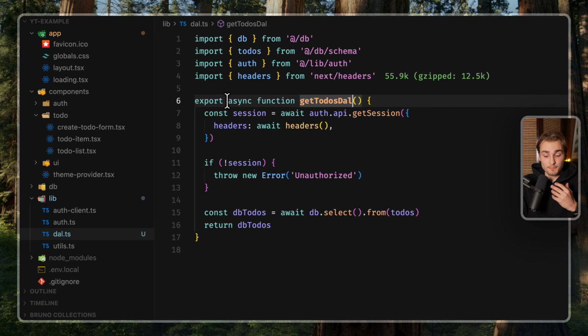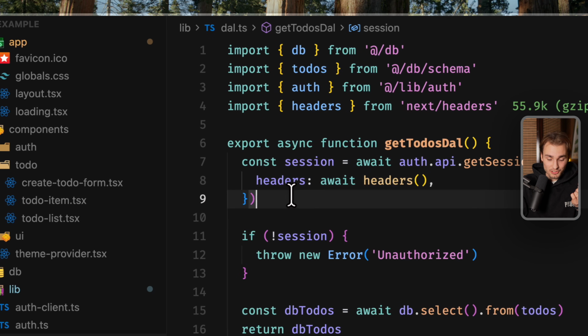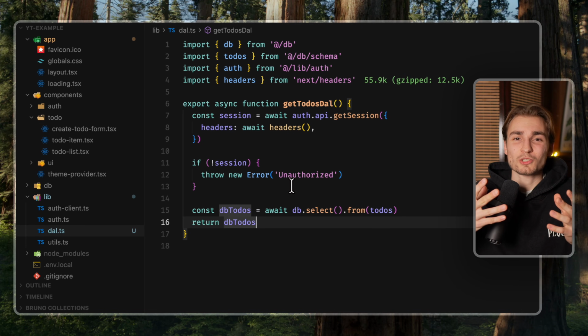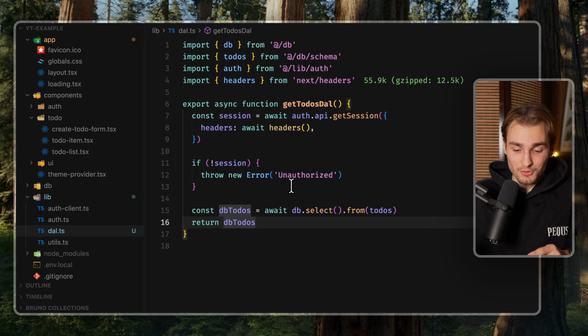DAL. So this would, for example, look like that, where we have this get_to_dos DAL function now, which checks for a session. If there is no session, it maybe throws an error or stuff like that. And then you get the to-dos. And anywhere in your application where you want to access the to-dos, you call this get_to_dos DAL function. You can protect that with linters or any other checks in your CI/CD pipeline. So that way you can secure that anytime data is being fetched, like these to-dos, it's going through the DAL